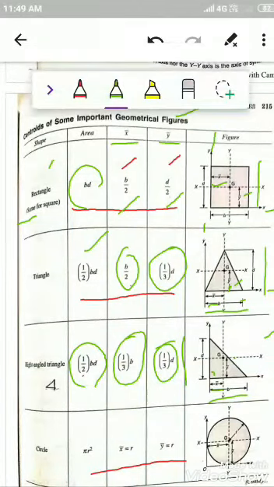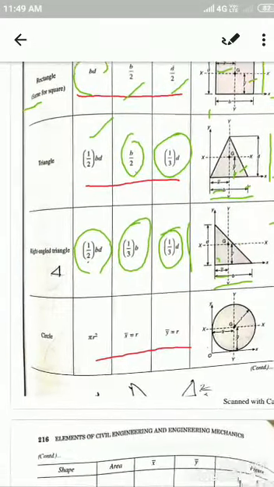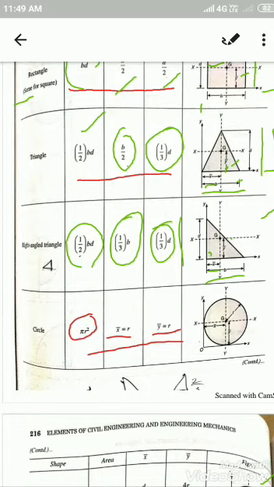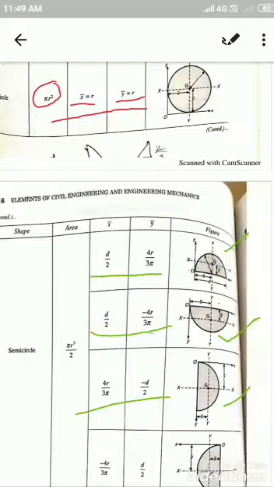The next thing you have to consider is a circle. For this circle, x bar is r and y bar is also r. The total is the diameter of the circle. The center of gravity x bar and y bar for a circle is r. Just observe where it has been measured. And the area is pi r square, so it is known.